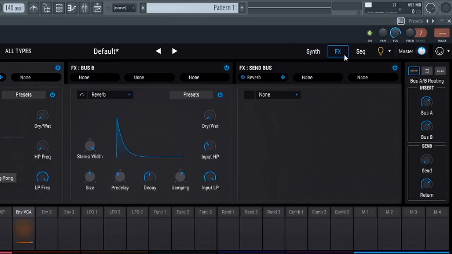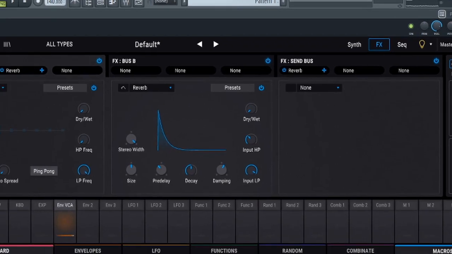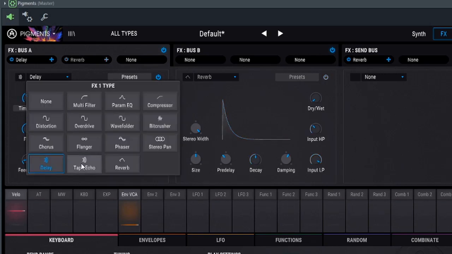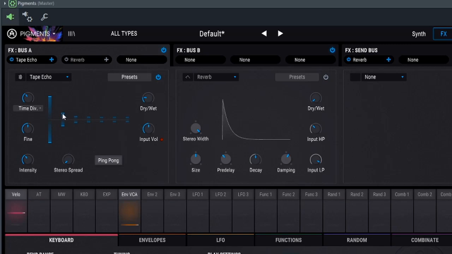Now in the effects section, they've included a new tape echo effect, which has some saturation in it. So let's go ahead and load one of those up. I'm going to turn off this reverb and let's load up tape echo, and you could visually see the level of delay that occurs over time. So if you turn up this intensity, you could see that the echoes get louder and louder